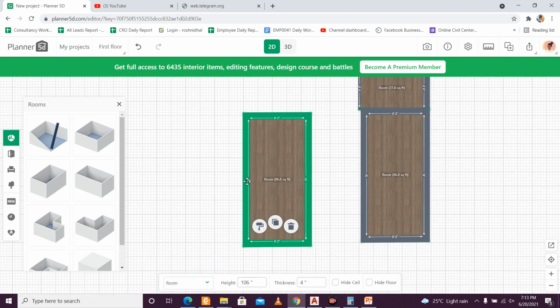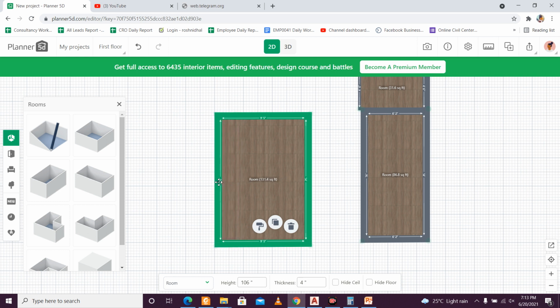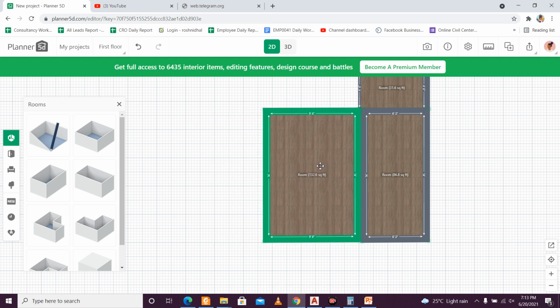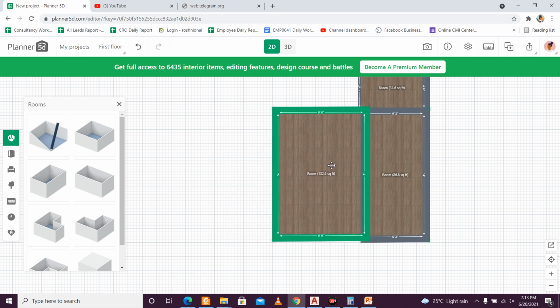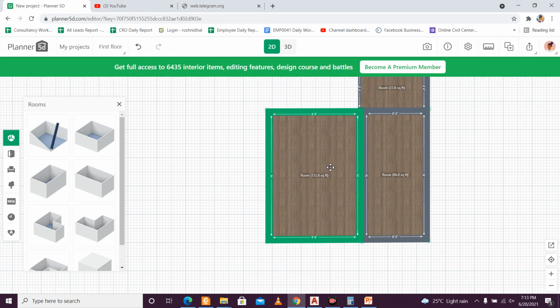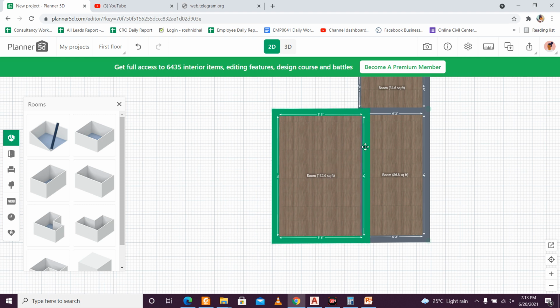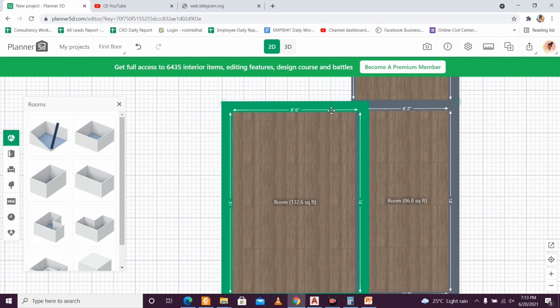So this one we want as 9 feet 6 inch, and this one we have the same dimension of 14 feet. Just double click it and we'll place it here. Actually this is the common wall, so it will be the common 10-inch wall. So we'll try to place this common wall properly.